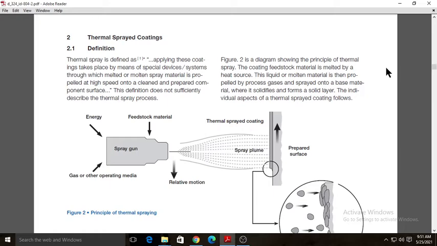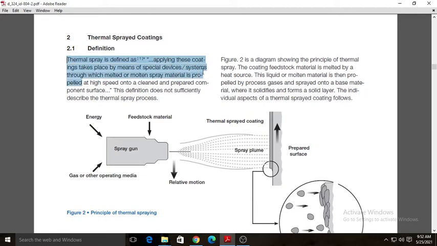Okay, so this is for coating, and here this coating is assisted with the help of the thermal spray. Means here we are going to use heat energy. The name itself denotes that it is a thermal spray coating. Means here coating is done by using the heat energy produced by various sources. Okay, so here in the definition you can read, thermal spray coating is defined as applying the coating